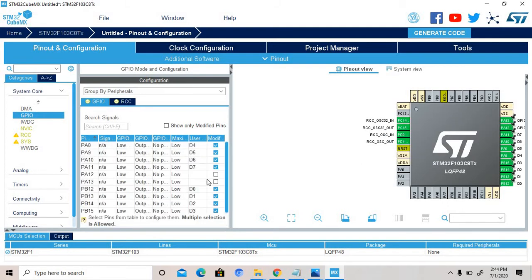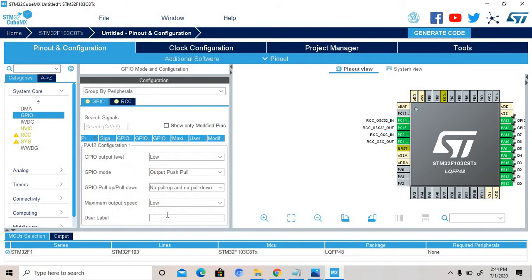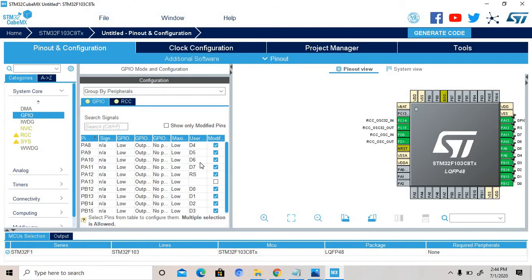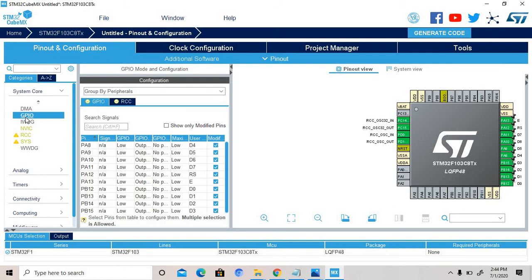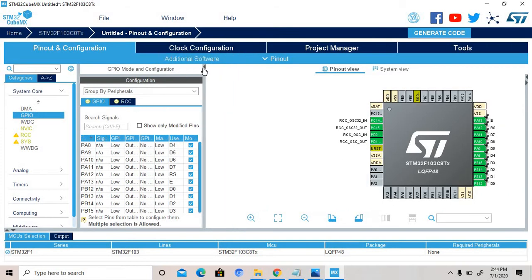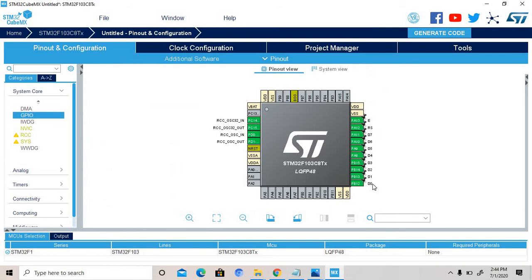PA12 is RS, double click, PA12 RS, and PA13 is enable E. Okay, these are the pins. This one and this one. This is D0, D1, D2, D3, D4, D5, D6, D7. These are the data lines of LCD, and these are the command lines RS and E.